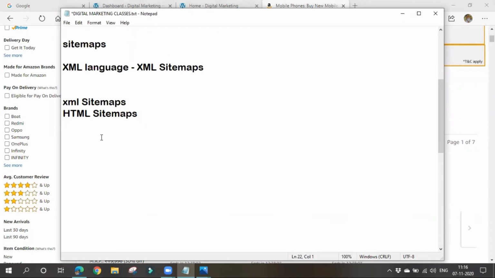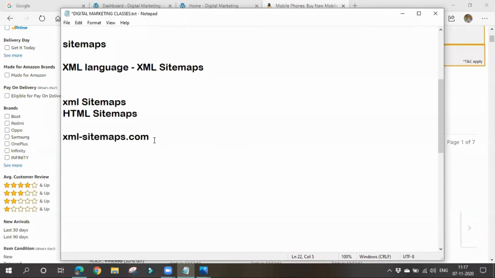Yes. So how to generate these XML sitemaps? In order to generate XML sitemaps, we have to go to xmlsitemaps.com. There are various ways to generate a sitemap. I'll show you different ways.